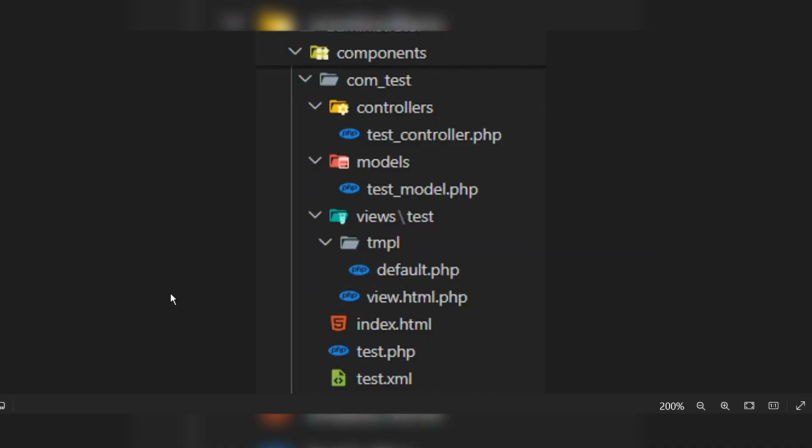Here you can see, under our administrator and our components, we created a test component, and in the com_test directory we created test.xml, test.php, index.html, these three files, and three folders: controller, models, and views. In our controller, testcontroller.php, and in our models, testmodel.php, and